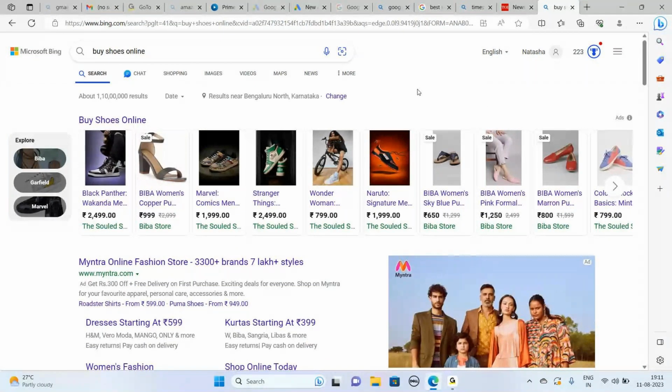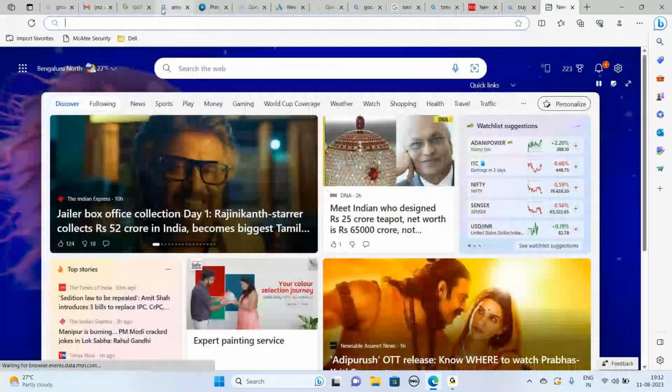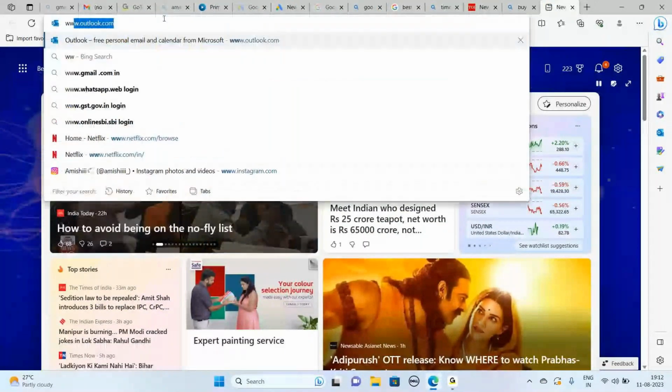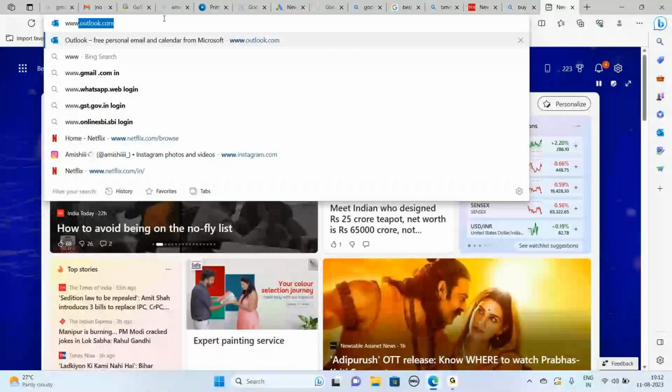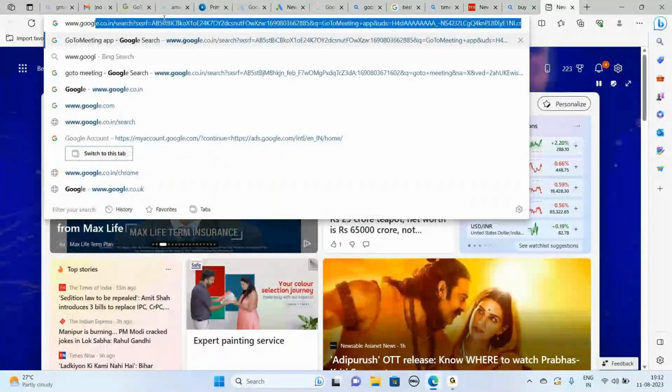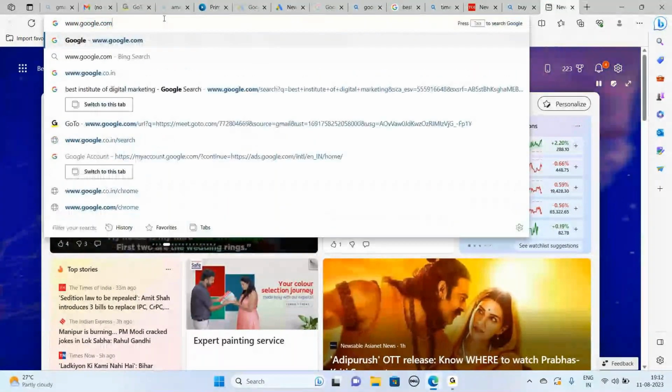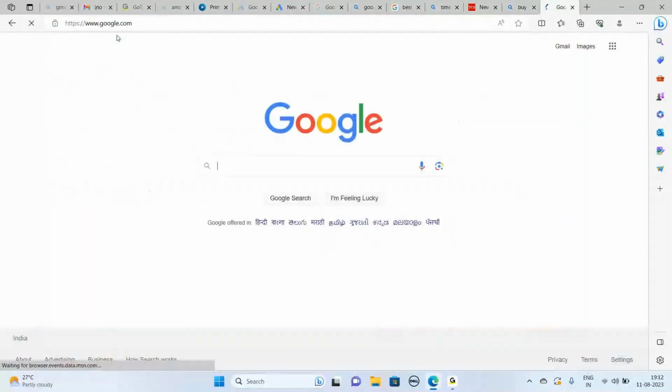Can you go to www.google.com and type this in Google, enter, and now type it here as buy shoes online.